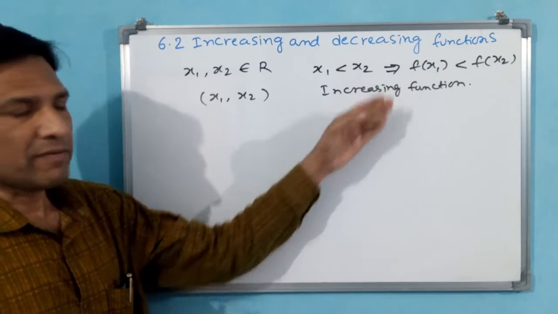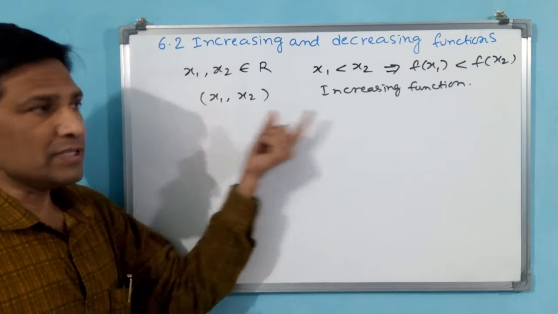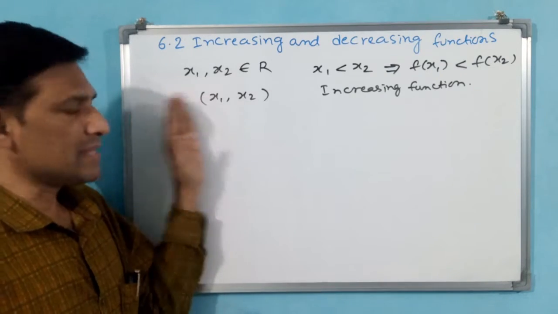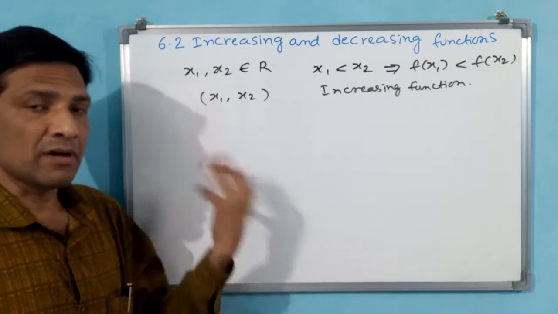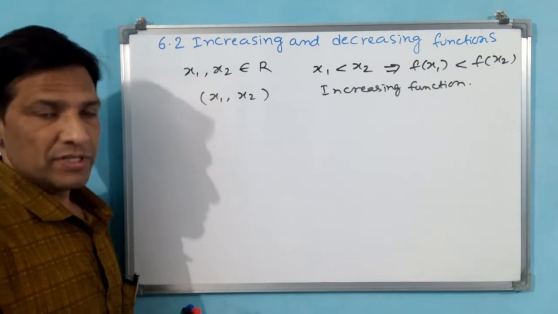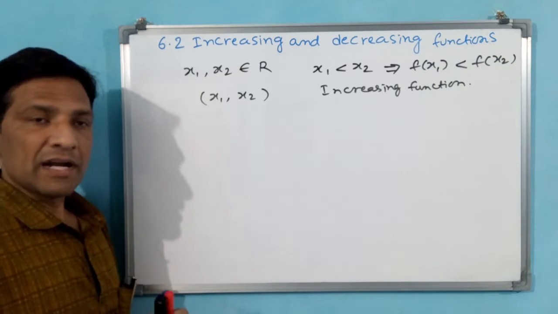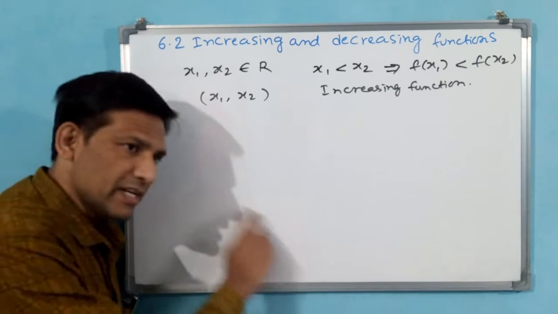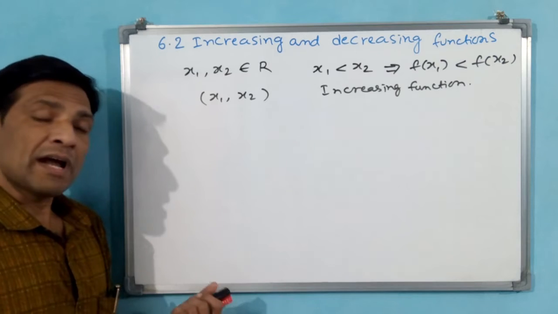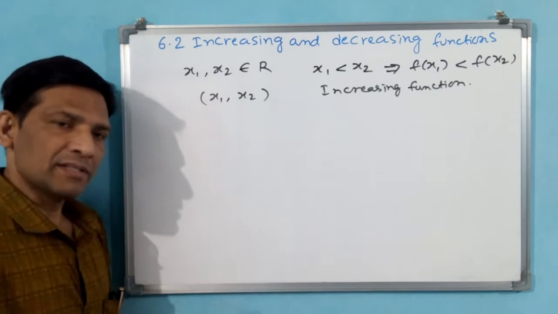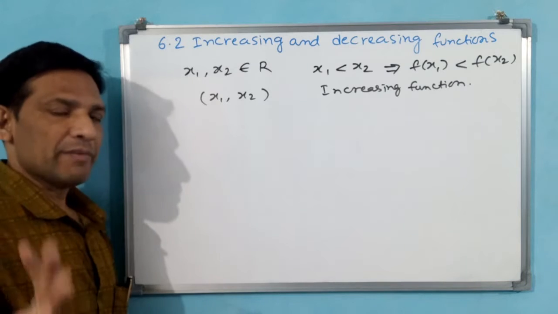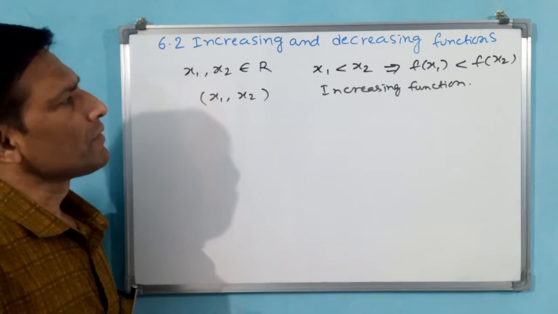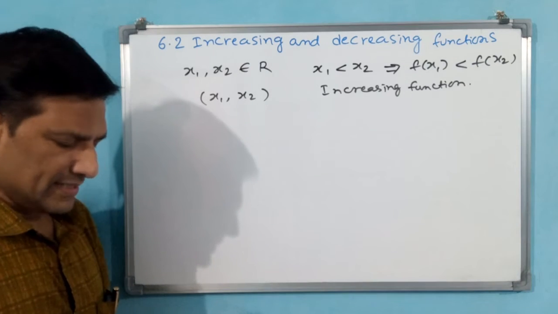One function is there. That function between x1 and x2 is increasing. Means you have to write like this. It may increase or decrease beyond those limits, less than x1 or greater than x2. It depends on the situation. We have to see that function. One function may continuously increase at all real numbers. One function may continuously decrease at all real numbers. Another function may increase or decrease at some real numbers, that means an interval. The numbers means interval only. This we have understood, but how to analyze this?